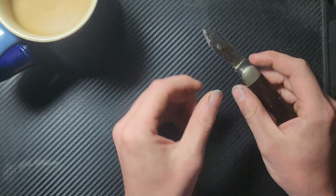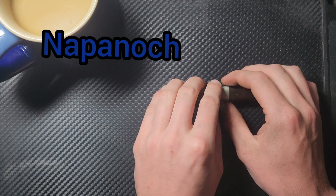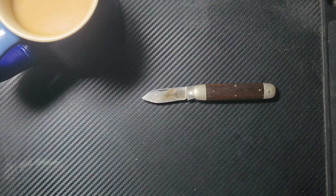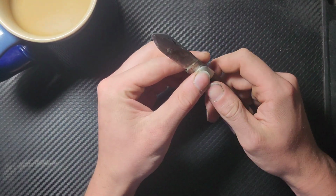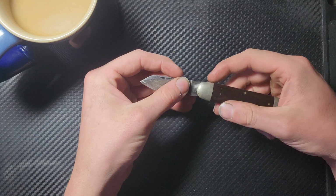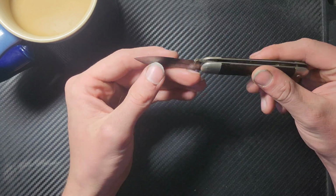These are made in New York City by Napanoch? I'm not entirely sure. They were a knife maker based out of New York City, who it was owned by the founder until 1919. And at which point it was bought out by Winchester, and then a year later in 1920 it was bought out by ulary. This was towards the end of their run manufacturing these and manufacturing knives for